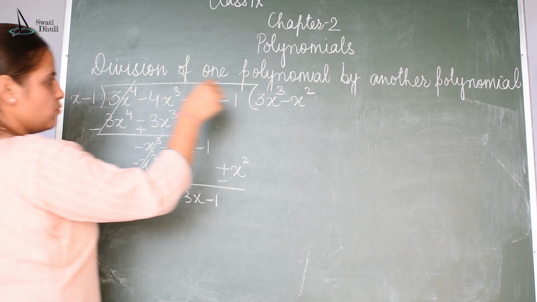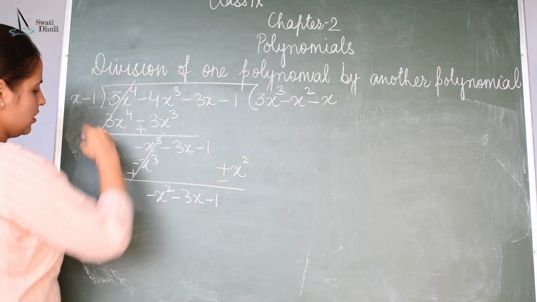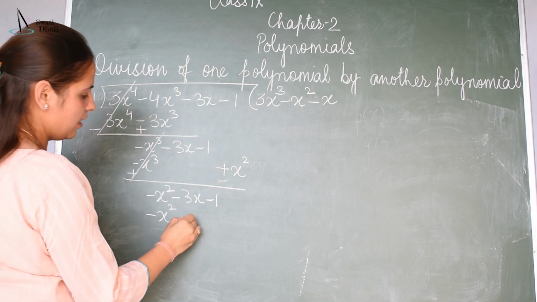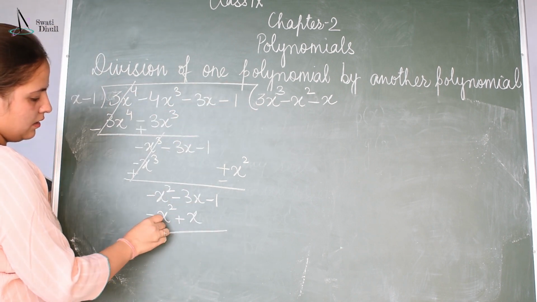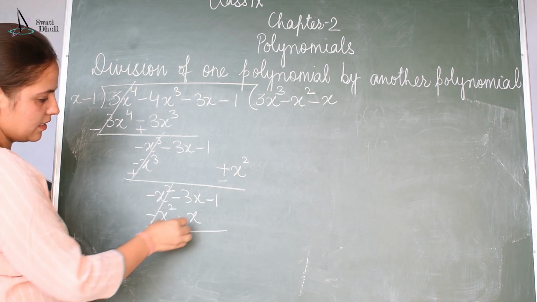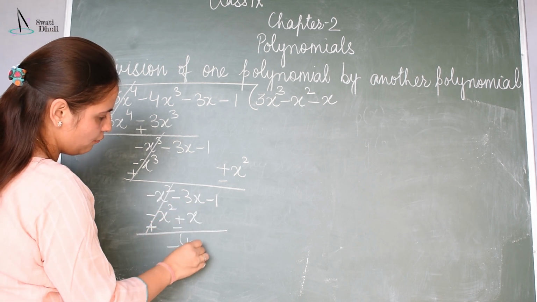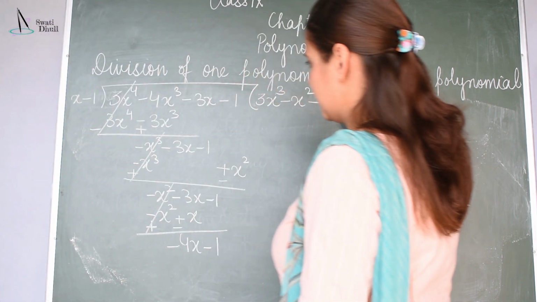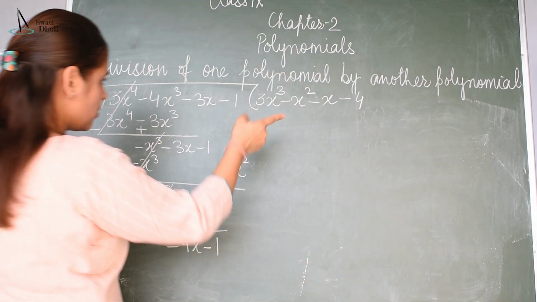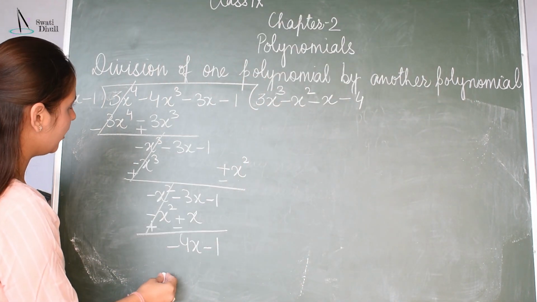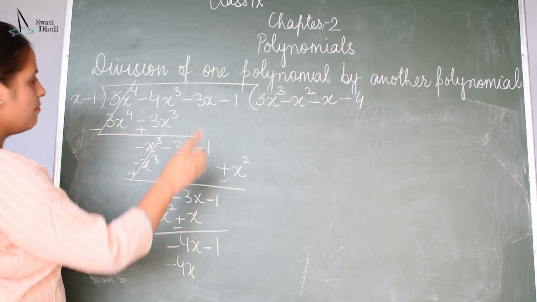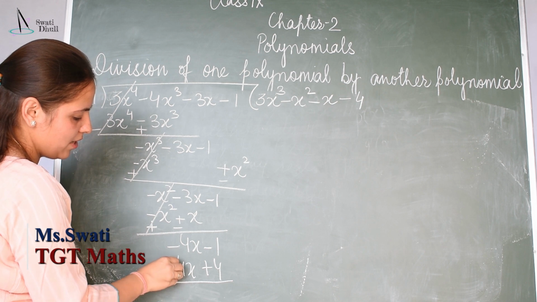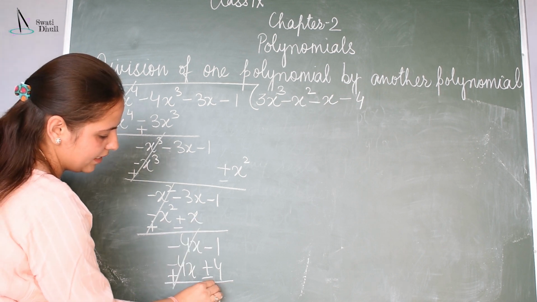Divide this by this. What will I get here? Minus x. So this will be minus x square, minus 1 into minus x, it will become plus x. This will be plus, this will be minus, so cancelled. So what I will get here is minus 4x minus 1. Now divide this by this, I will get minus 4. So this will be minus 4 into x is minus 4x, minus 4 into minus 1 is plus 4. Now I have to subtract, this will be plus, this will be minus, so I will get the remainder